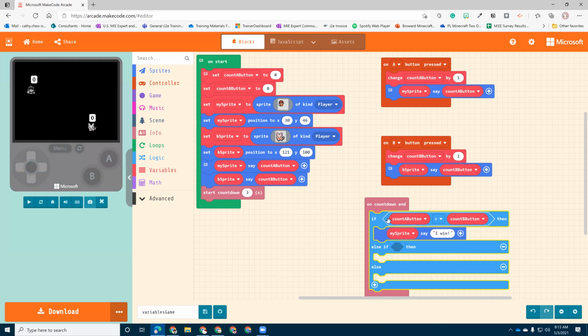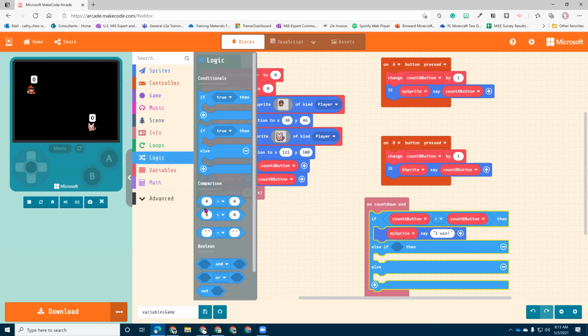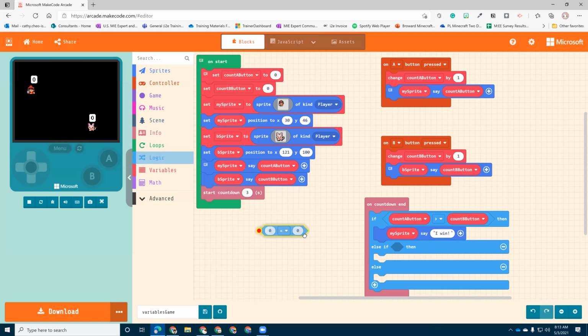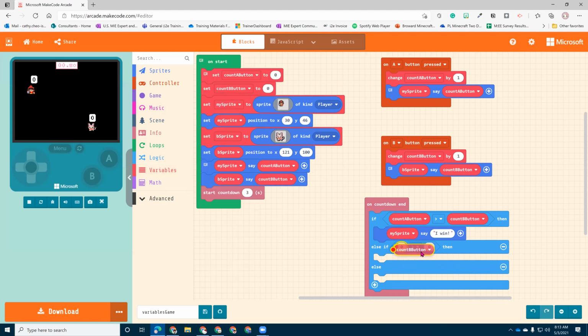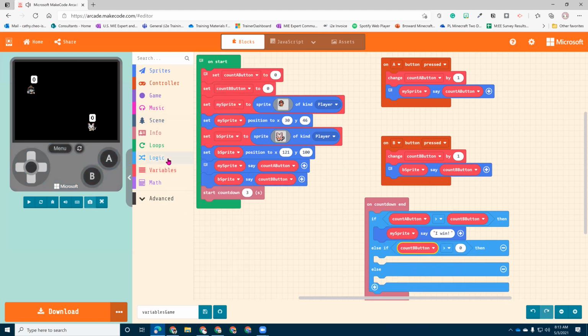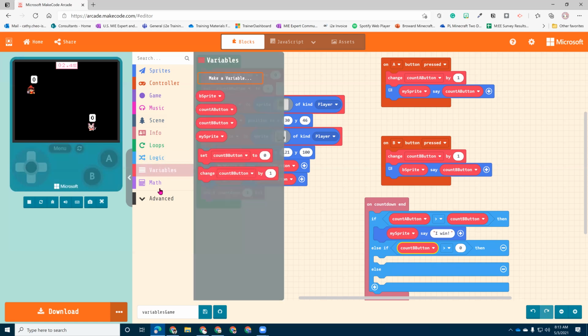Else if, so now we need to compare if B button is bigger than the A button. Okay, so let's go back to logic. Let's go to the comparison section. Let's grab that bracket and put that in here. And this time what we're going to say is if count B, under variables, count B is greater than count A, whoops, variables,